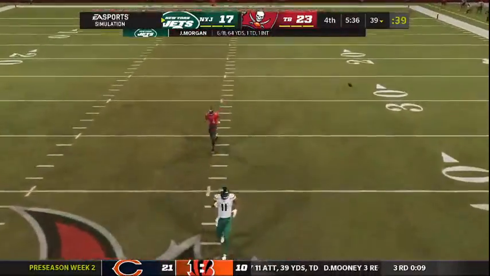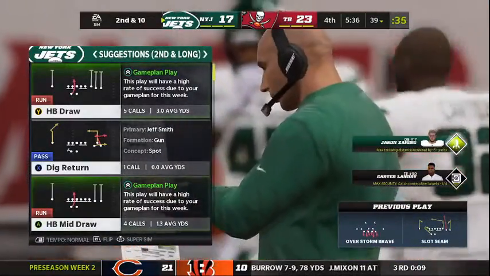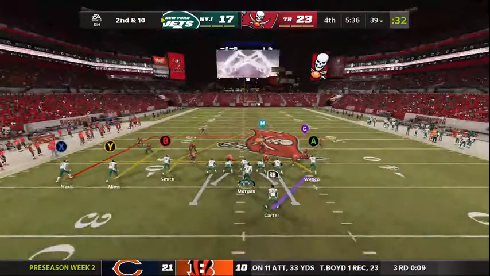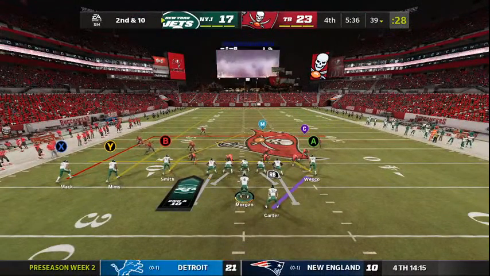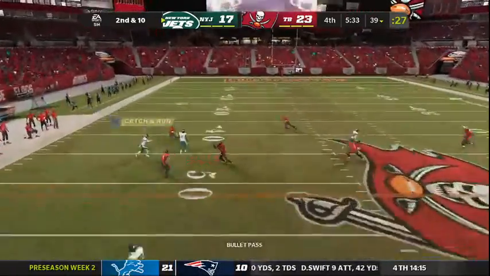On this one, incomplete. The pressure got to him as he released it. And it's 2nd down. So now here in the 2nd week of the preseason, you'd expect the starters play a little bit more than they did in week 1, but not a whole lot. So if you're an offensive coordinator, what are you looking for? What you're looking for is things getting cleaned up as you go along, because most of your...